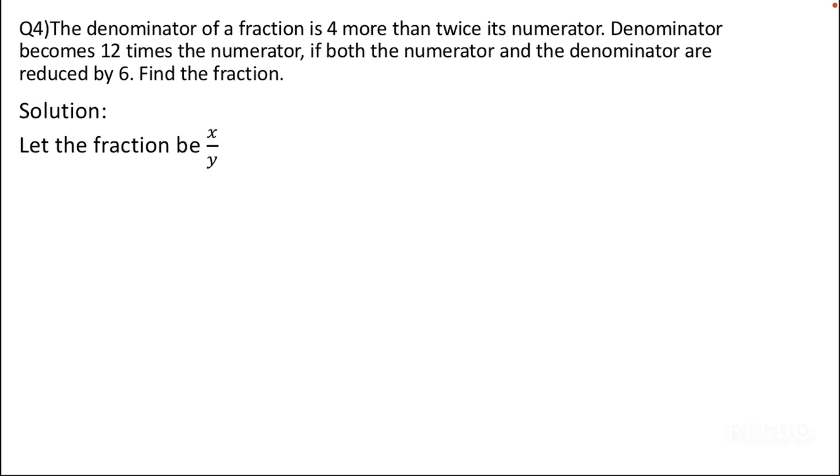So the number or variable which is on the top is called as the numerator, and the number or variable which is below is called as the denominator. So you have to remember this thing, that whichever number or variable is on the top is the numerator, and the number or variable which is on the bottom is called as the denominator.